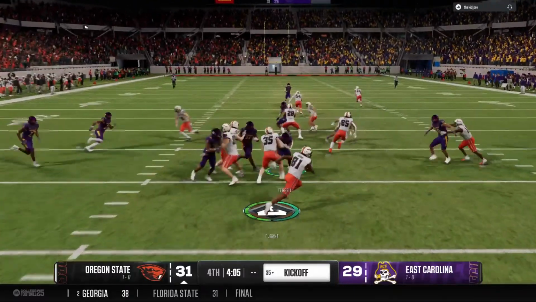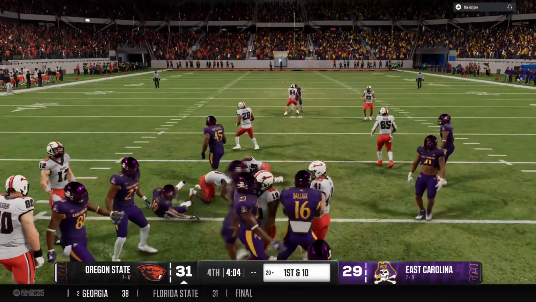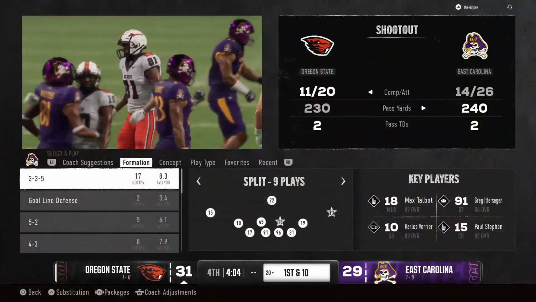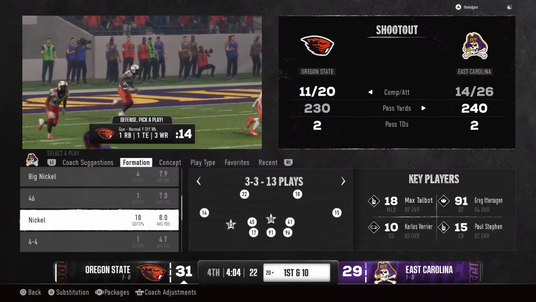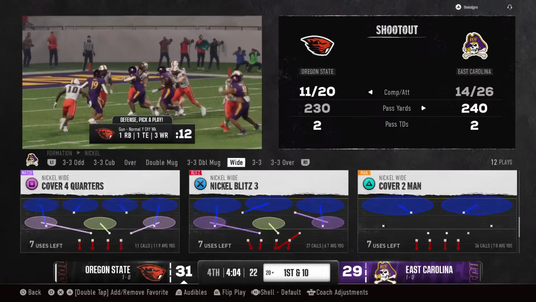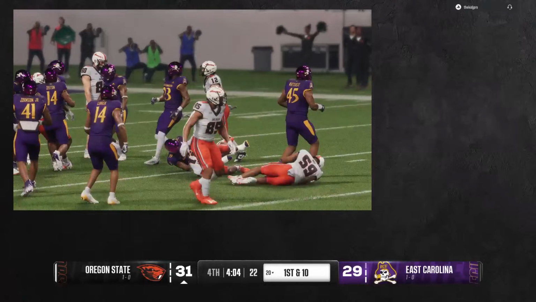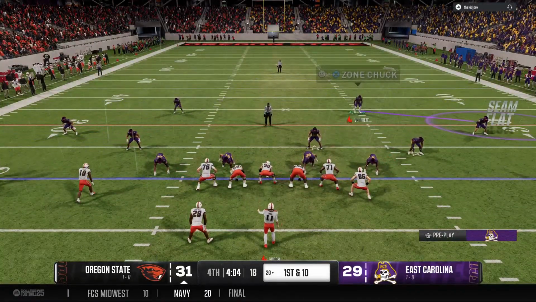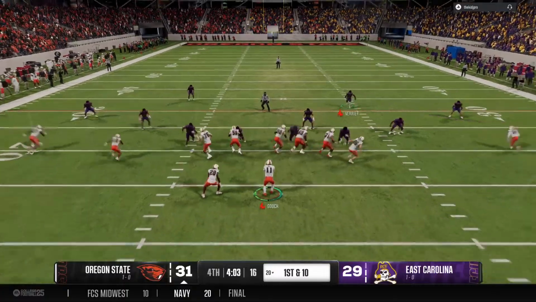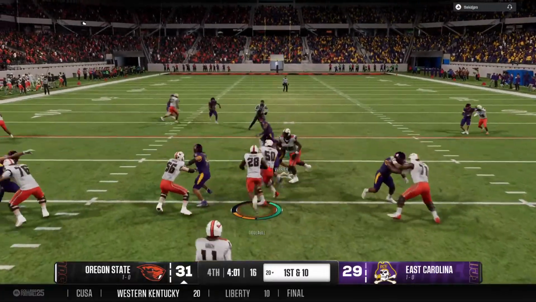On the run from inside his own 5. He was hoping for something a little more dynamic, that they get him on the ground at the 20. Oregon State takes over, ready to send the offense onto the field. Well, the good news is they threw a touchdown pass last time. It was just to the wrong team, Jesse.